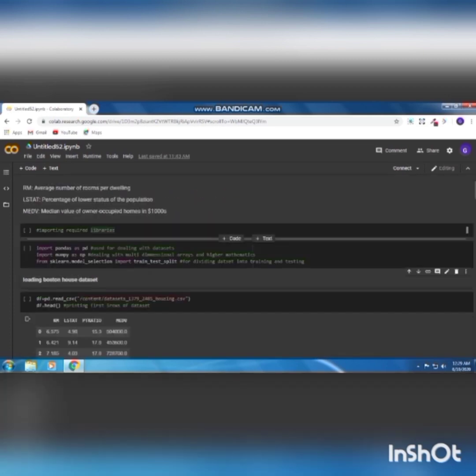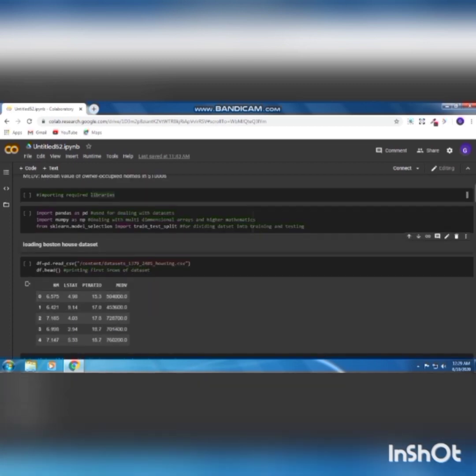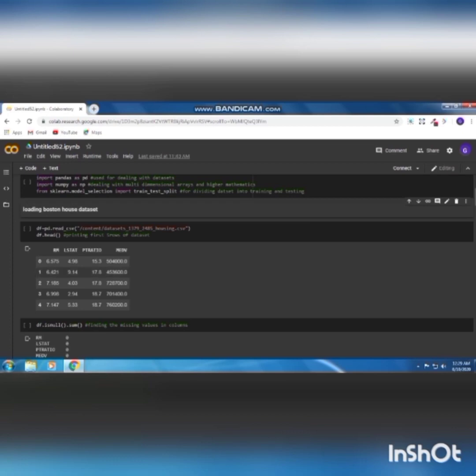Now we are importing the required libraries. We are importing pandas, which deals with datasets, and NumPy, because it deals with multidimensional arrays and higher mathematics. Now we are importing train_test_split so that we can divide our dataset into training and testing. Now we are loading our Boston house dataset using pandas. We are printing the first 5 rows of our dataset so we can get a clear view of our data